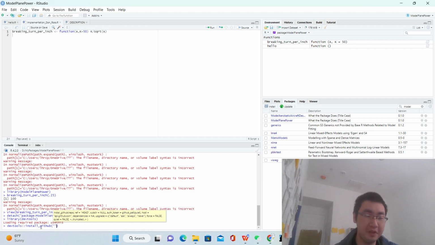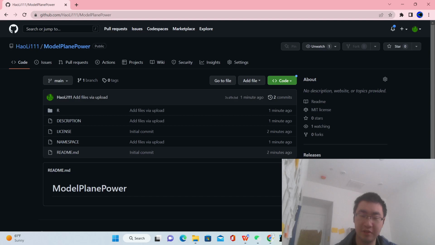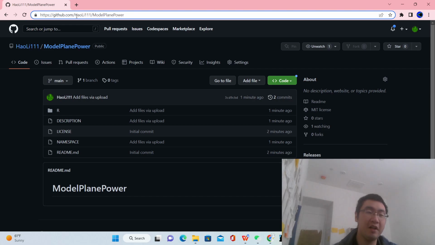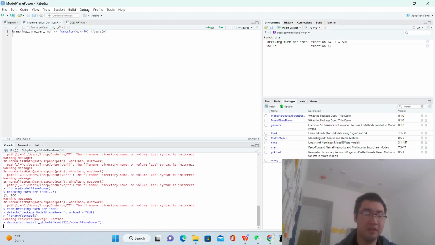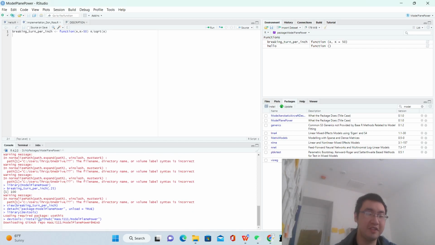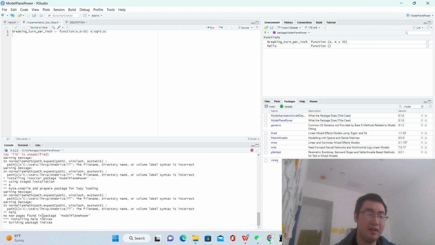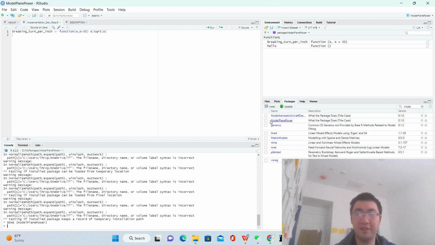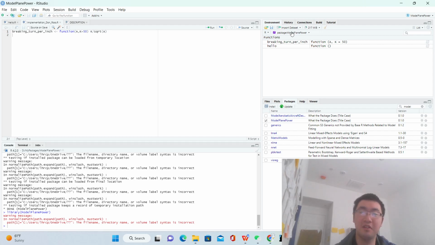And then what I put in here, I think using GitHub is quite convenient. What I need to put here is the username and package name. So I just copy and paste that. And you see it starts downloading, and it works, right? You get the package, and you can load it and just use it as normal. So this is probably the minimum requirement for you to create a package and share